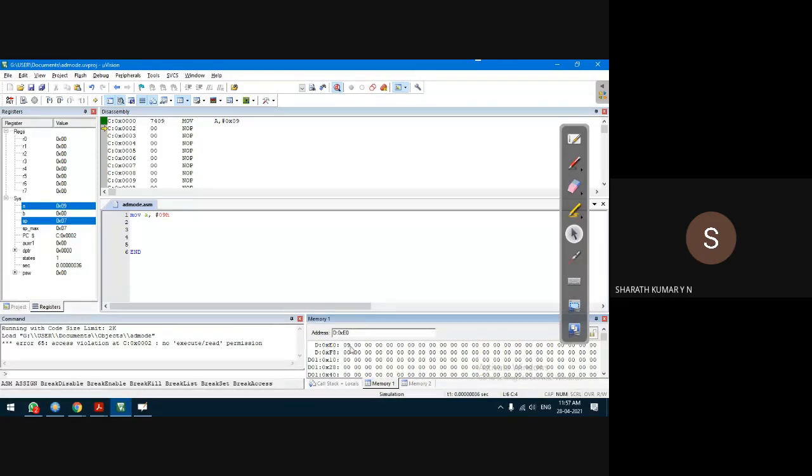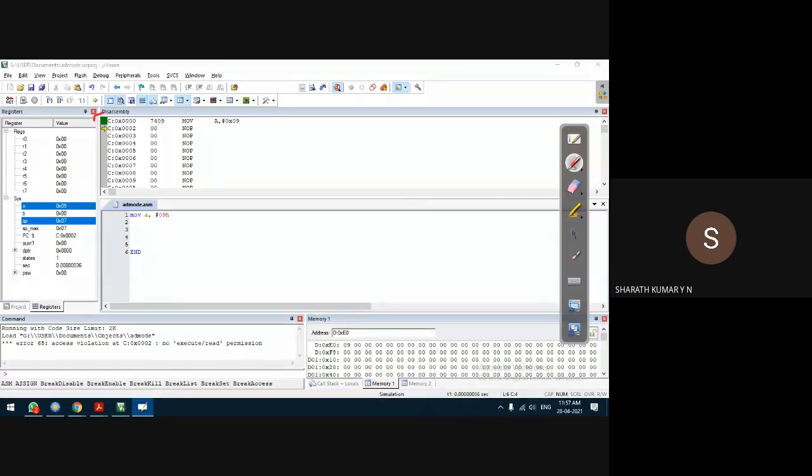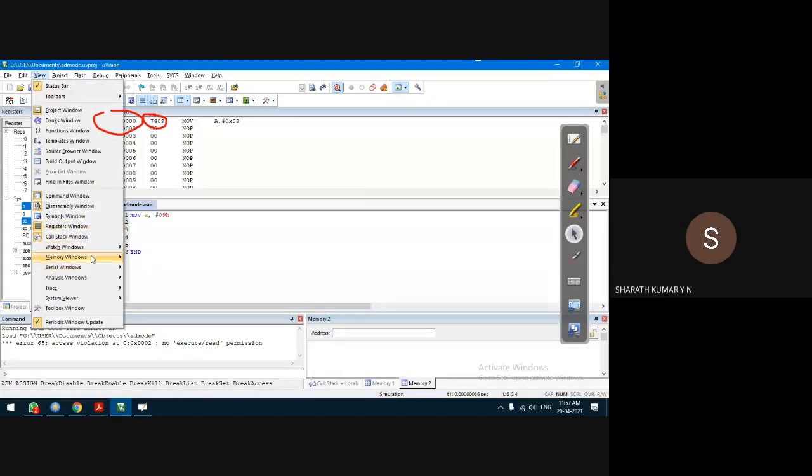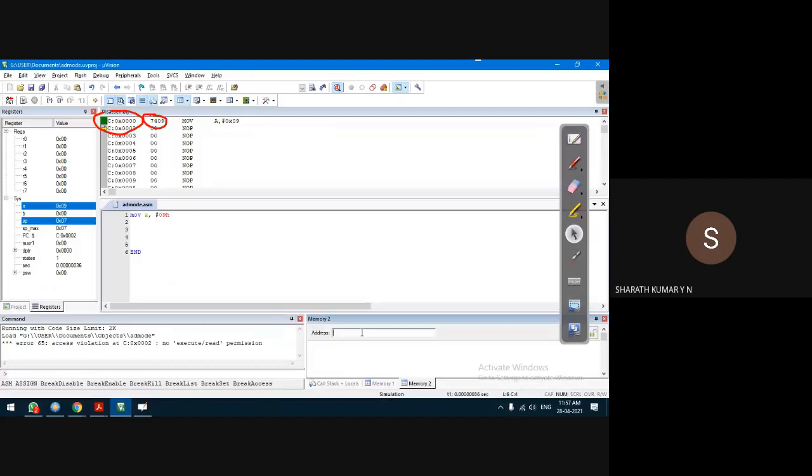Yes, how to observe the code memory? I'll show you that also. How to observe the content of code memory where the instructions are stored? For that, let us go to another window. You can open up to a maximum of 4 memory windows. In the next window, C for code memory colon 0x and the address is 0000.